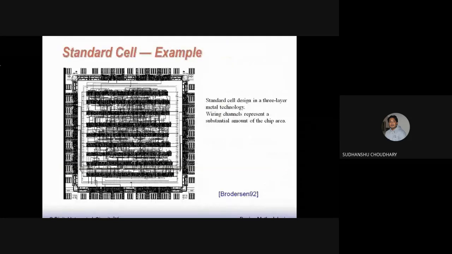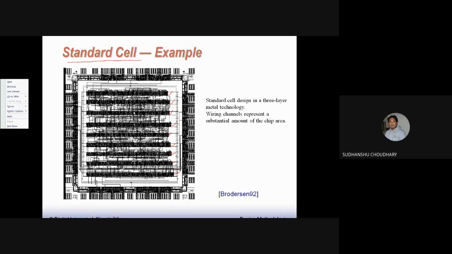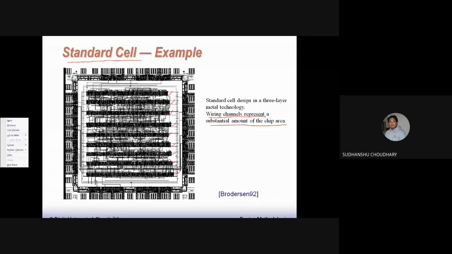All right. Now this is the actual scenario, or actual chip, using the standard cell. Here you will see that these are the rows. In between the rows, the white area which you see is the routing channel, and the connections are also done over here, right? You will also notice that the wiring channel, that is the white area, represents a substantial amount of the chip area, so most of the chip area is consumed by this white area. So the design will be more efficient if one can reduce this white area, right?